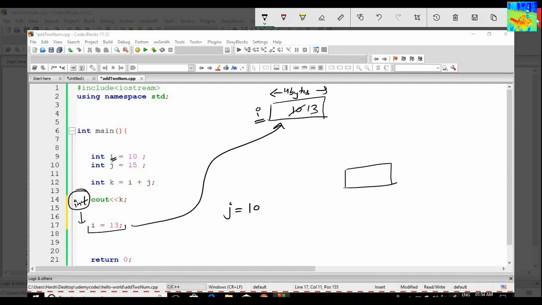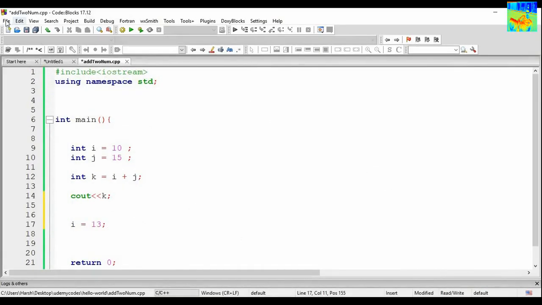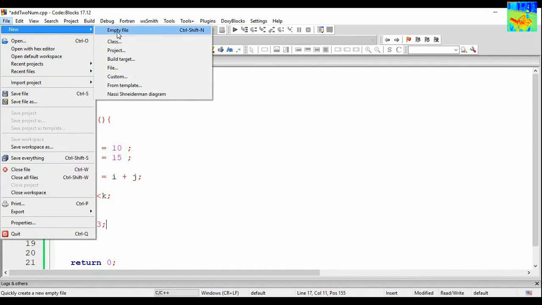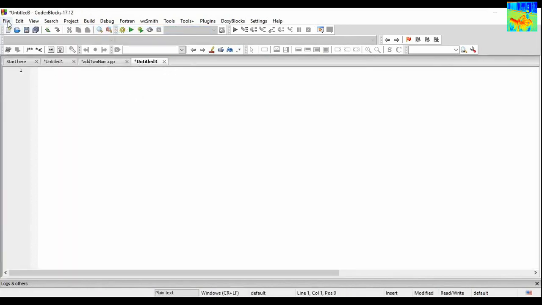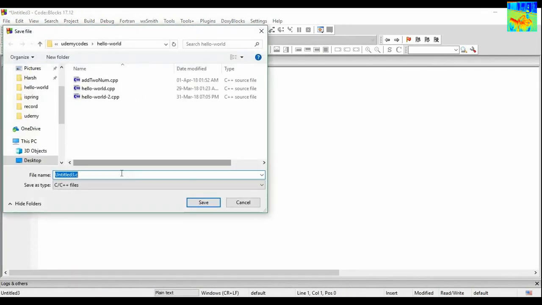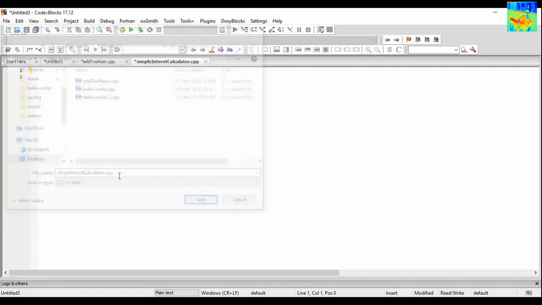Okay. So let us solve another interesting problem. Suppose I want to calculate simple interest. Simple interest calculator .cpp.